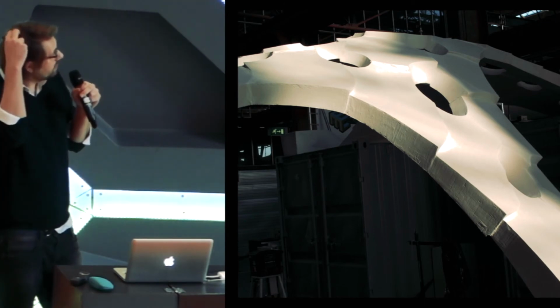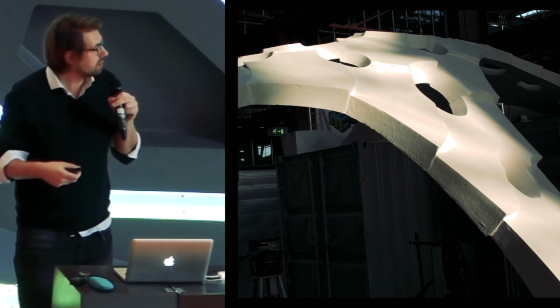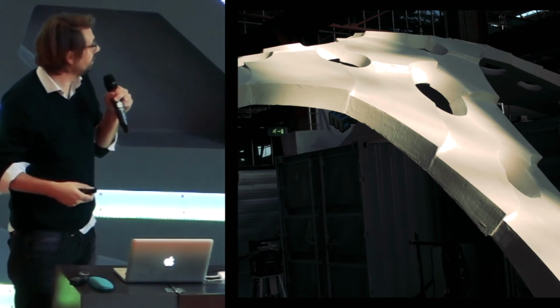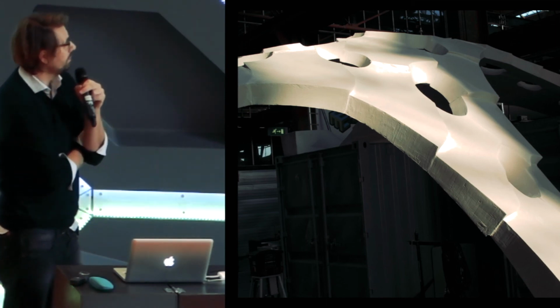Now the problem with the structure was a little bit that while its materialization was kind of smart and highly cost effective, in terms of materiality, maybe there was something